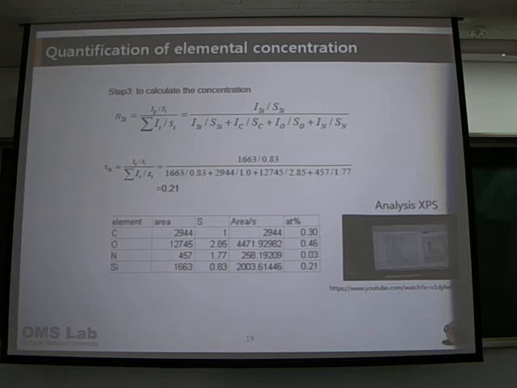And step 3, to calculate the concentration, look at here. In this case, we know the elements carbon, oxygen, nitrogen, silica, this is the area, and more important, we know the atom percent. And sometimes